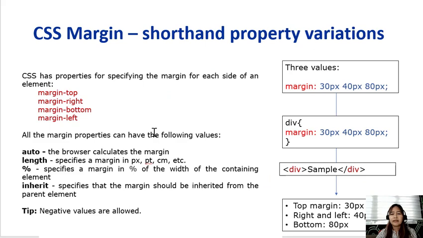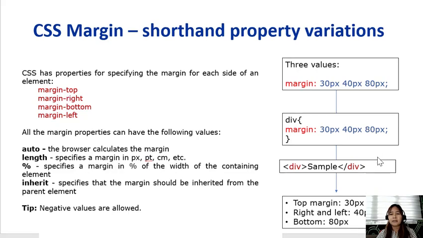So moving on, very similar to padding, I will just discuss with you what is the meaning if you're only going to specify 3 values in your margin. So if there are 3 values only, it means that, for instance, here we have 30, 40, and 80, just like your padding. It means that your top margin will be 30, your right and your left margins will be the one that is specified in the middle of your declaration, which is 40,